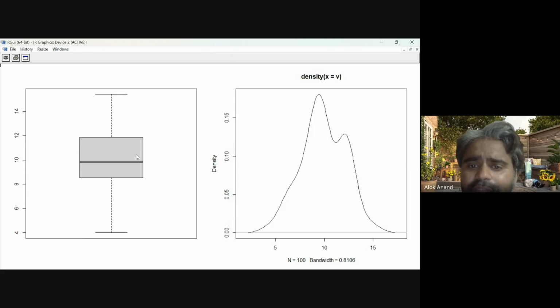Okay. So you can see here now we have created two plots side by side. It is the box plot of the same vector and the density plot of the same vector. We can clearly see here that the data is approximately normally distributed. The data is coming from a normally distributed vector. Okay. It is bimodal in nature, because we are getting two peaks. Right. So it is bimodal in nature. Data is normally distributed. If you want to check now whether this data is normally distributed or not, then